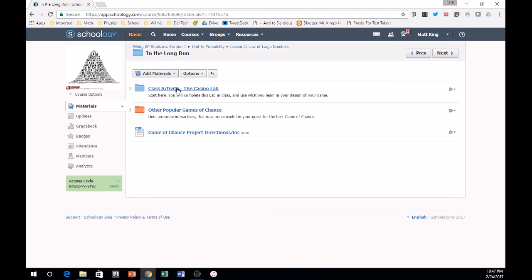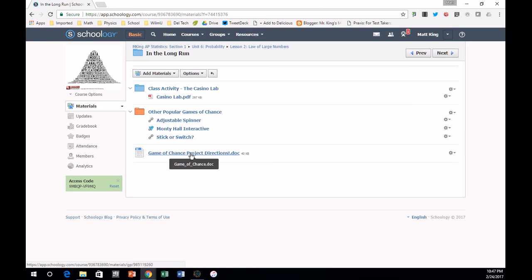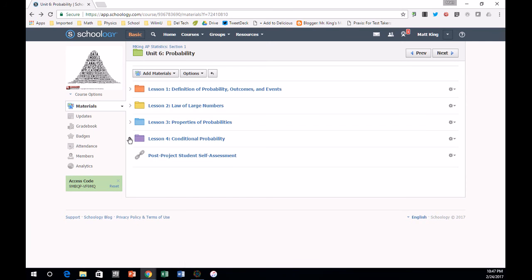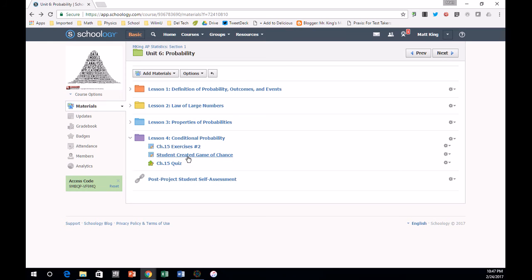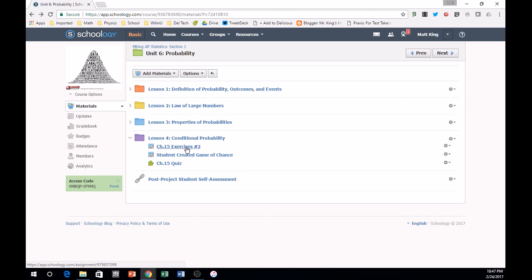This folder contains a class activity that they're going to do in class to get an idea of some games of chance and other popular games of chance. I have a few links here as well, and then the project directions that they're asked to complete. That project is due at the end of lesson 4, which they submit during lesson 4. Getting ahead of myself. Lesson 3 also contains a set of exercises and another discussion board,